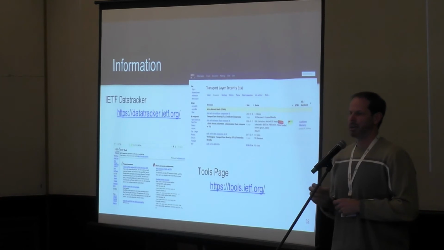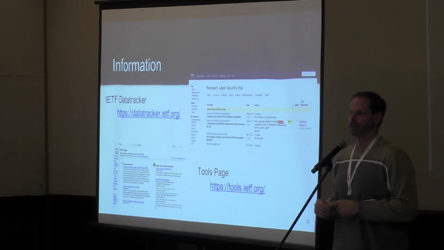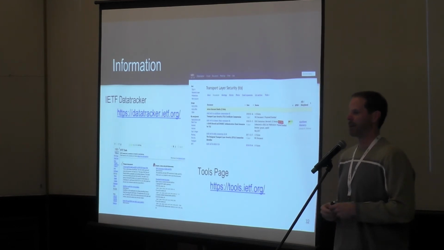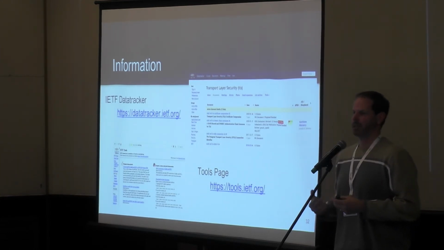The key thing here is that if you're not sure what's going on with a document, there's also a search function to let you go find a particular document. So even if a document hasn't been adopted by a working group, you can find information about it in the data tracker. As you start writing documents, as you start reading documents, this is a good place to find all of the various history and state of those documents.